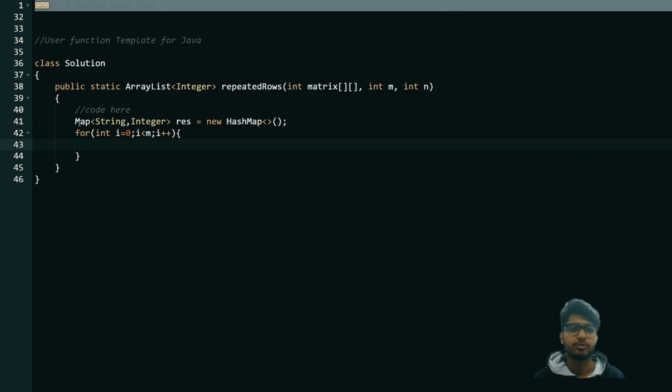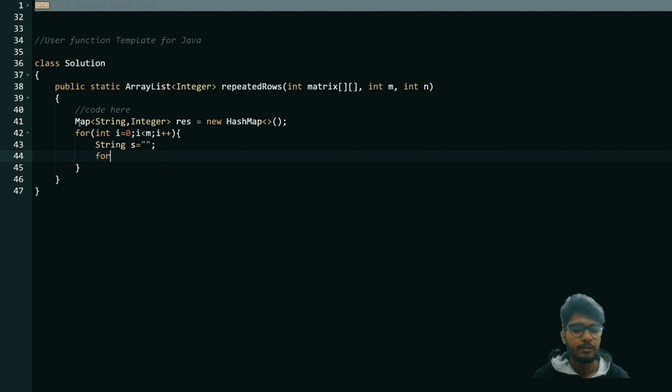So each value was stored as a string. So let's take a string where we will add each of the elements. Now we have to iterate through each of the elements. For that we need another loop which will start from 0 and iterate till the column length, and our j will also increase by 1. Now simply we will iterate through each of the elements of our ith row, matrix i comma j, and add it to our string